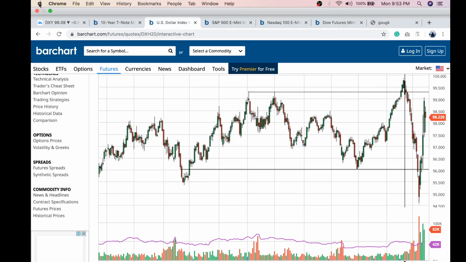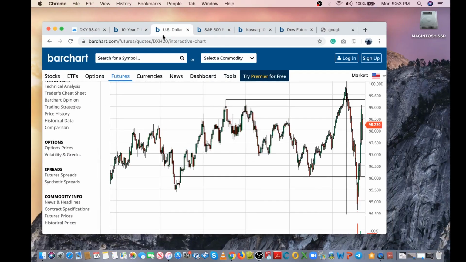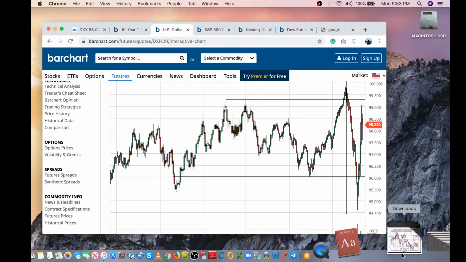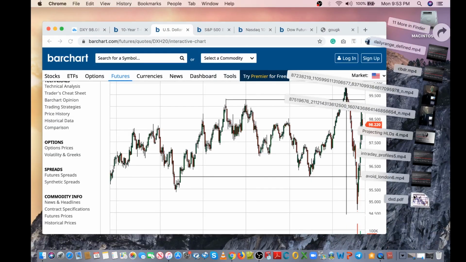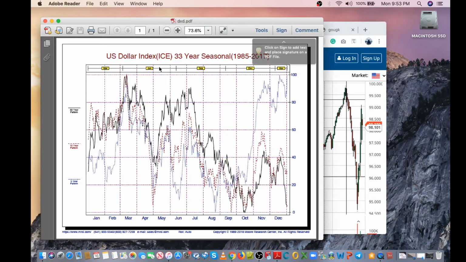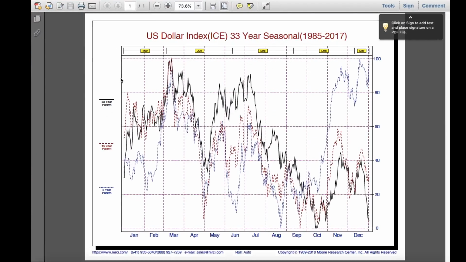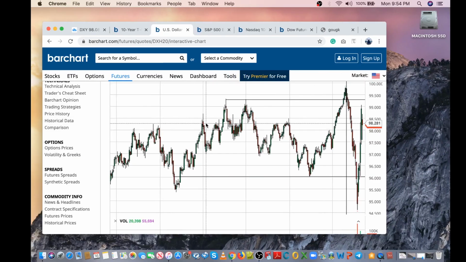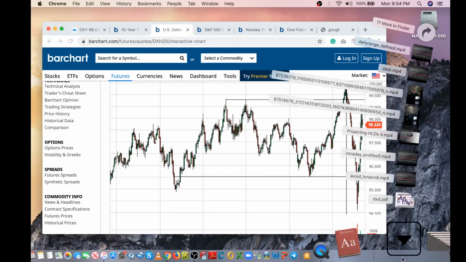Now, if you couple that with seasonal tendencies, which I'm going to show you real quick. This is seasonal tendencies on the dollar. This is a 33-year seasonal tendency on the DXY. And if you look at the DXY seasonally during the end of February,